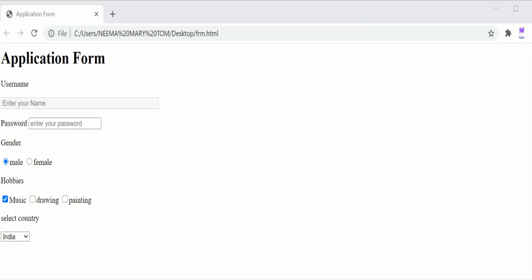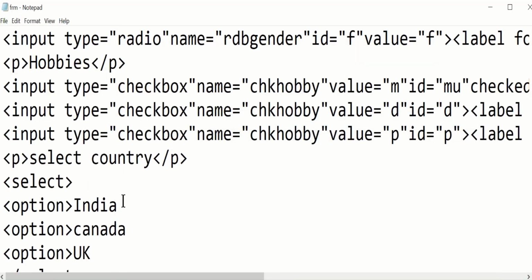We can add value to the option tag using the value attribute. So minimize this, go to the notepad. Here inside the option tag I am going to type the value attribute. Value is equal to, inside the double quotes I am giving I for India, and here